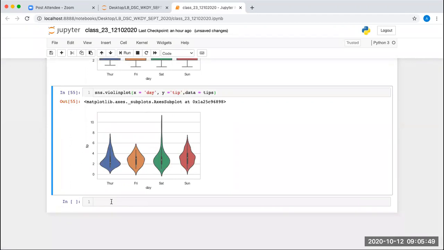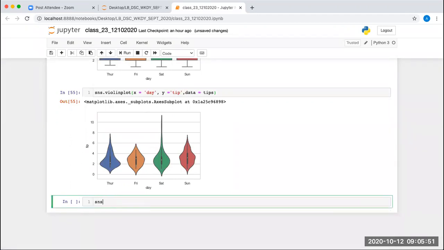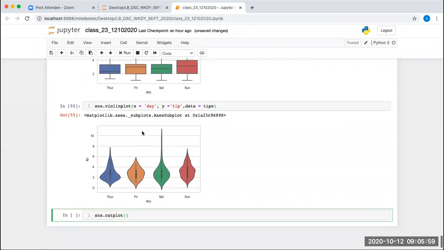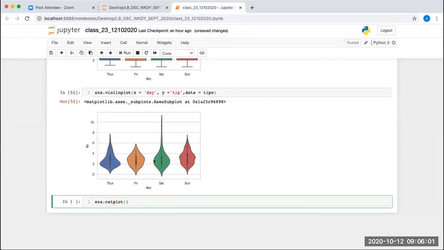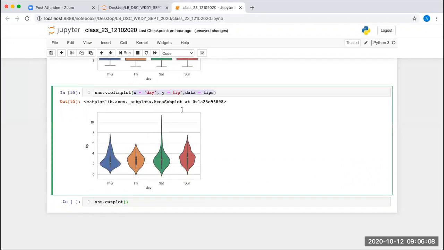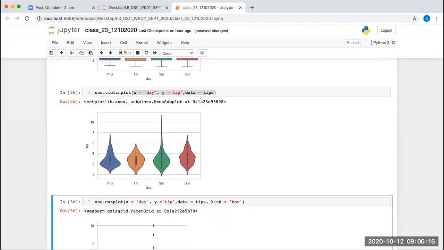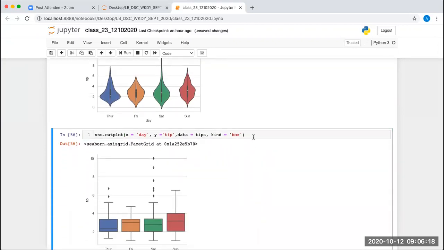One function which I'm left with is sns.catplot. This function is quite useful. Whatever categorical plot you want to do, whether a bar plot, violin plot or box plot, you can use it here. You mention these three attributes as they are, whatever you want to plot inside the catplot, and in the kind you can use either box or violin.